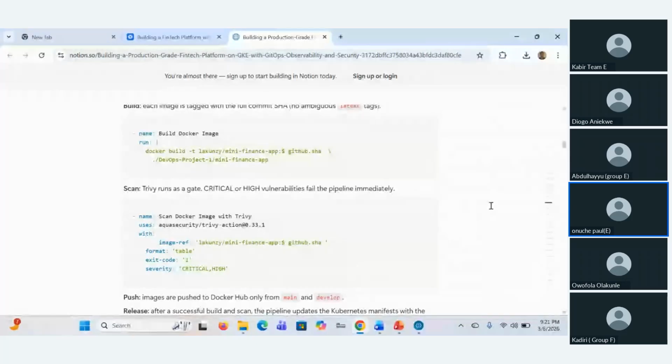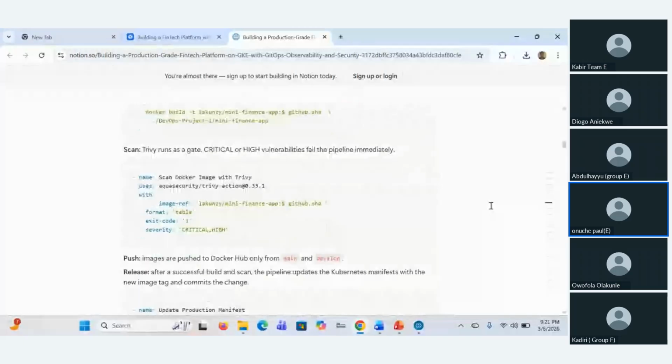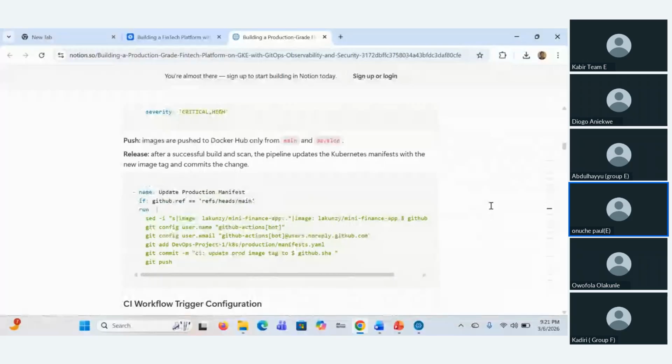If it passes the security check, we start building. In the CI flow, we have the build and scan. After that is done, it loads our image onto our Docker Hub, where we have already synchronized our Docker username and password.